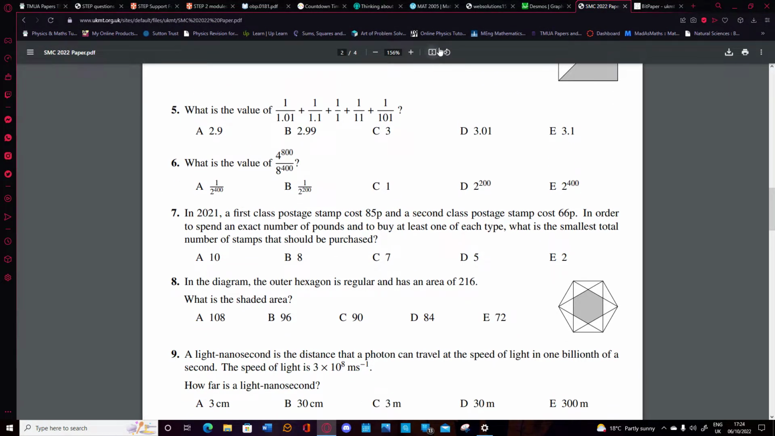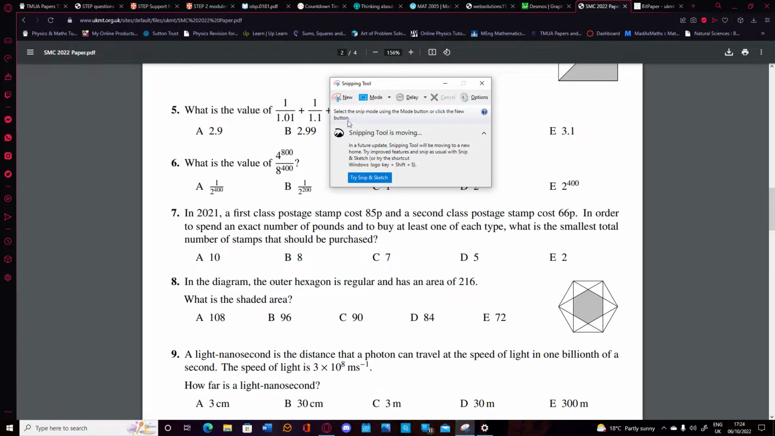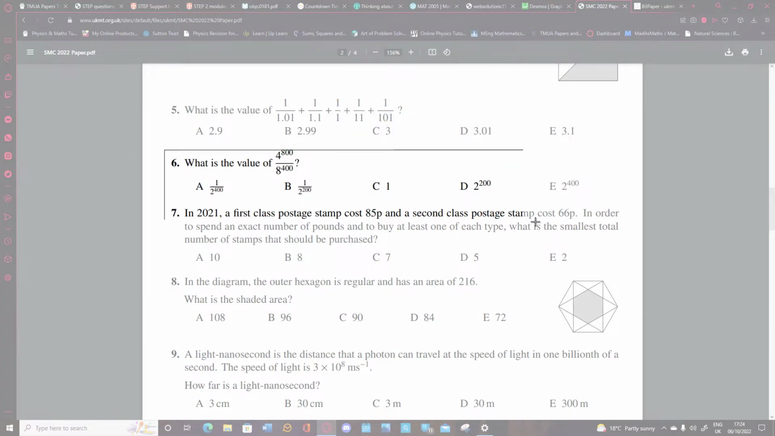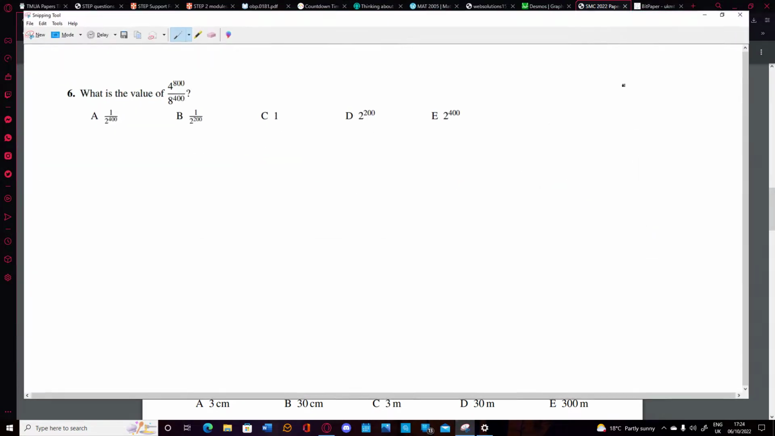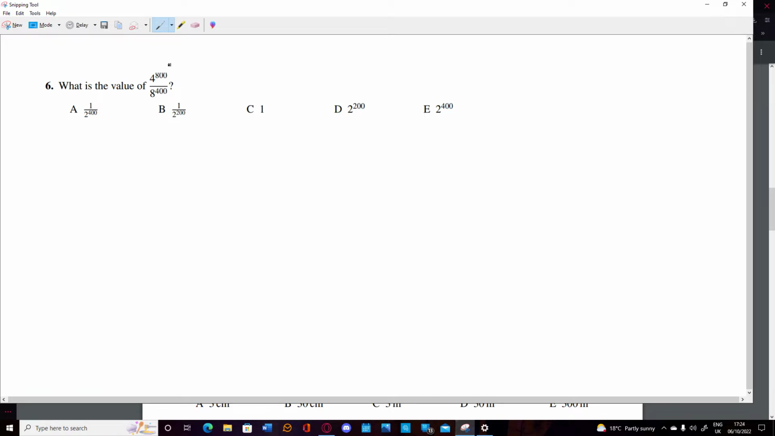Okay. What's the value of this large power? Quite similar to last year again. So what we want to do is see the highest common factor of both 800 and 400, which is 400. So we get 4 to the 2 over 8,